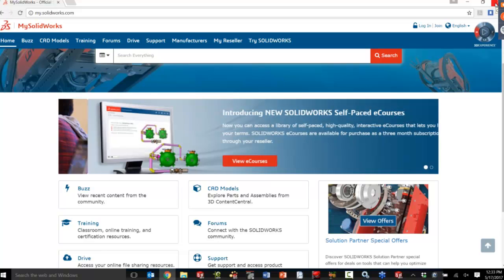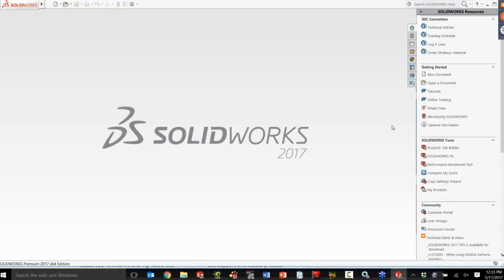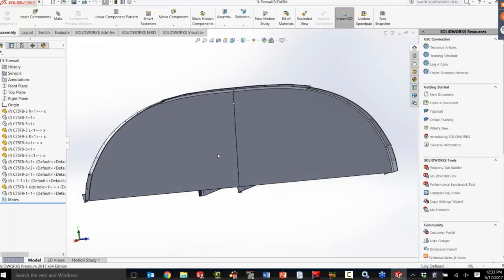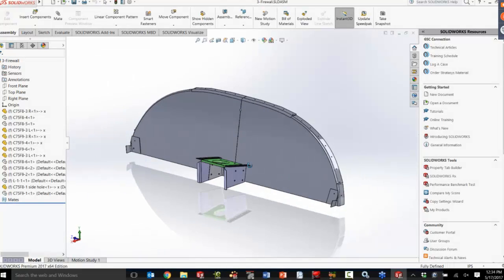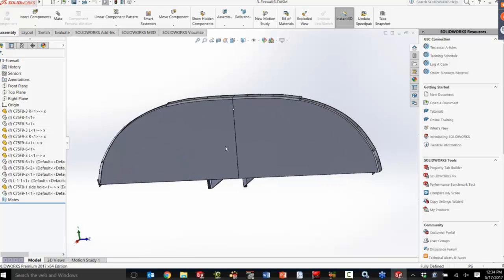Okay, so let's go back into SolidWorks, and let's talk about something specific to what you may be doing. As Corey mentioned, they got me a model of a panel from a Zenith airplane. You can see it's got the front area here, and we have some bracketry support back there. What we want to do is start adding instruments